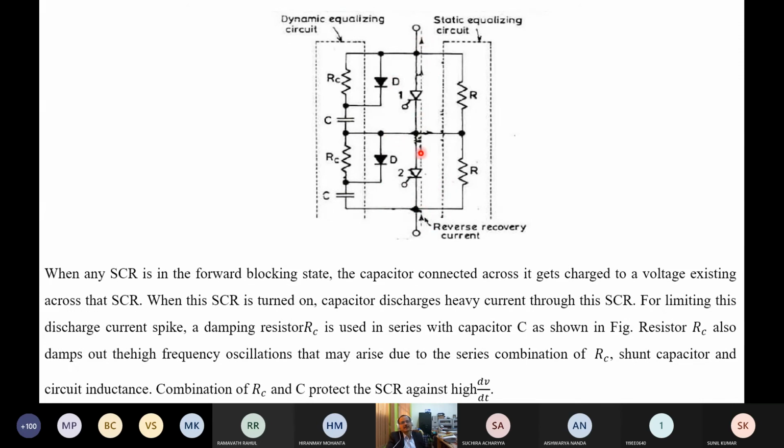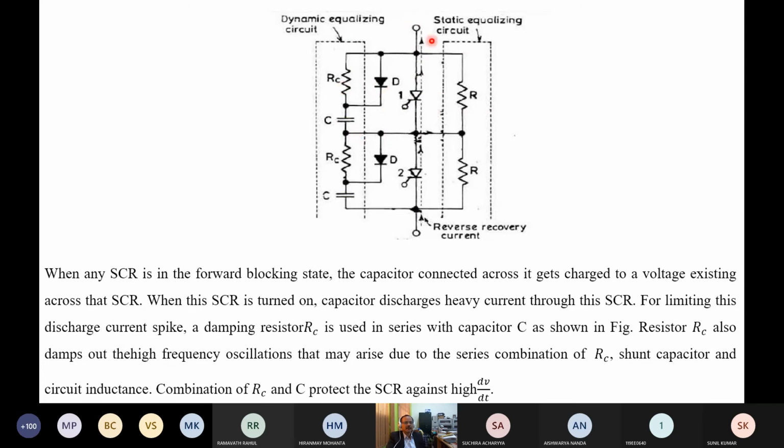Now, when the gate pulse is applied to the thyristors, forward voltage was applied, all right, but the voltage is less than the breakover voltage. Now, when the gate pulse is applied, they start conducting. So what happens? The capacitor will discharge through the resistance. So the discharge current is limited by this RC. Otherwise, a very large discharge current will flow through the thyristor and it will damage it because they are semiconductor devices. Therefore, this is the role of RC, D, and C.